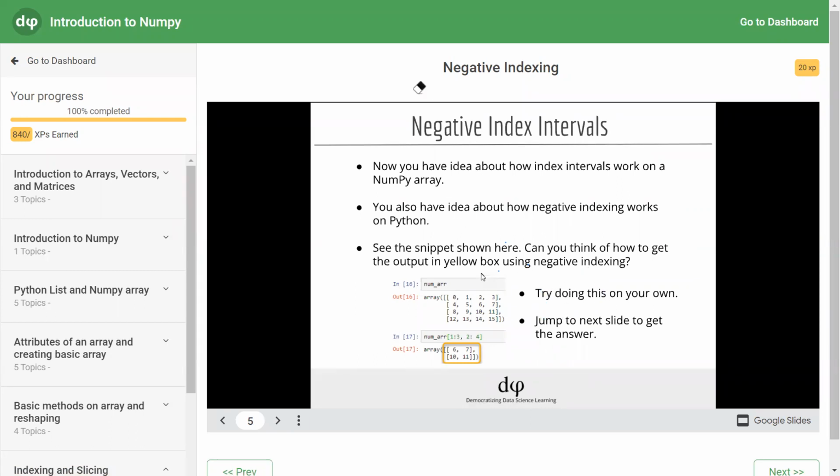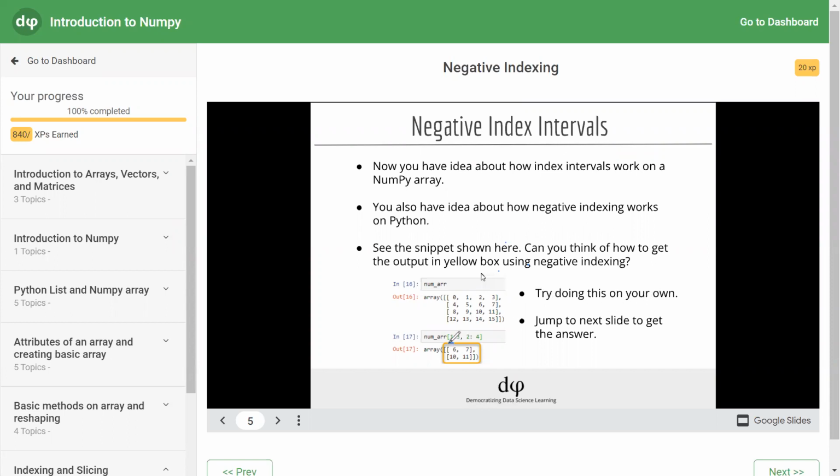Now we have to access an interval of values. So to access an interval of values, we use slicing. Now you have the idea about how index intervals work on NumPy arrays. You also have an idea how negative indexing works in Python. So try doing this on your own.